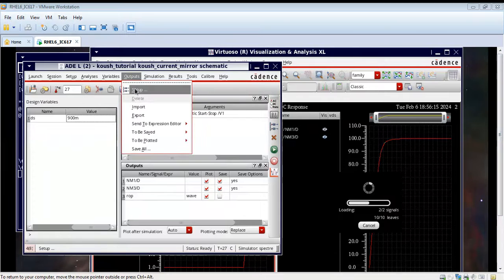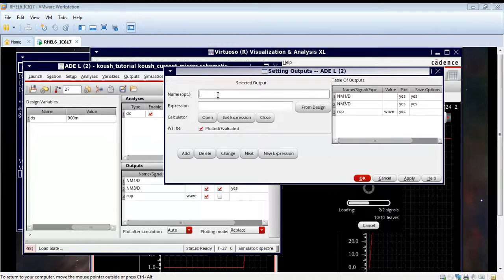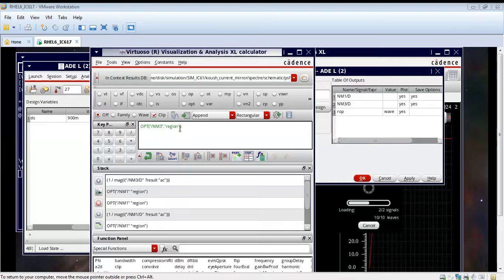We have done the frequency analysis also in this video, the AC analysis from 1 hertz to 1 gigahertz, and we also plotted the AC resistance. If we do all these analyses, then we will get a lot of data for our research paper also.